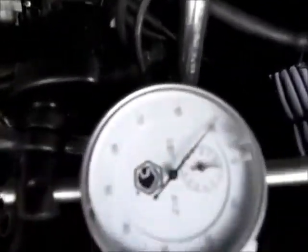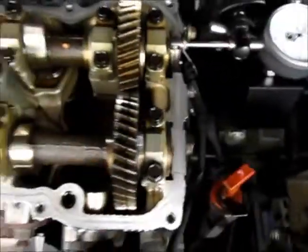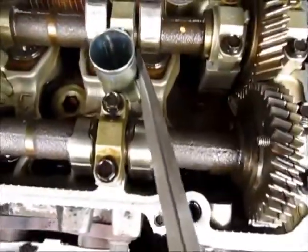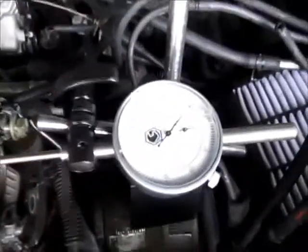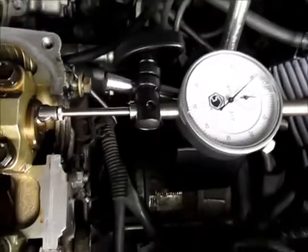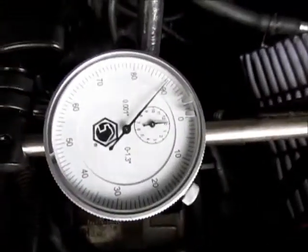Okay. So here we go again. We want about 1.5 thousandths, 1.6 thousandths, so the same as the other. So just get your screwdriver and then just move this both ways. A little over 1.5 thousandths,